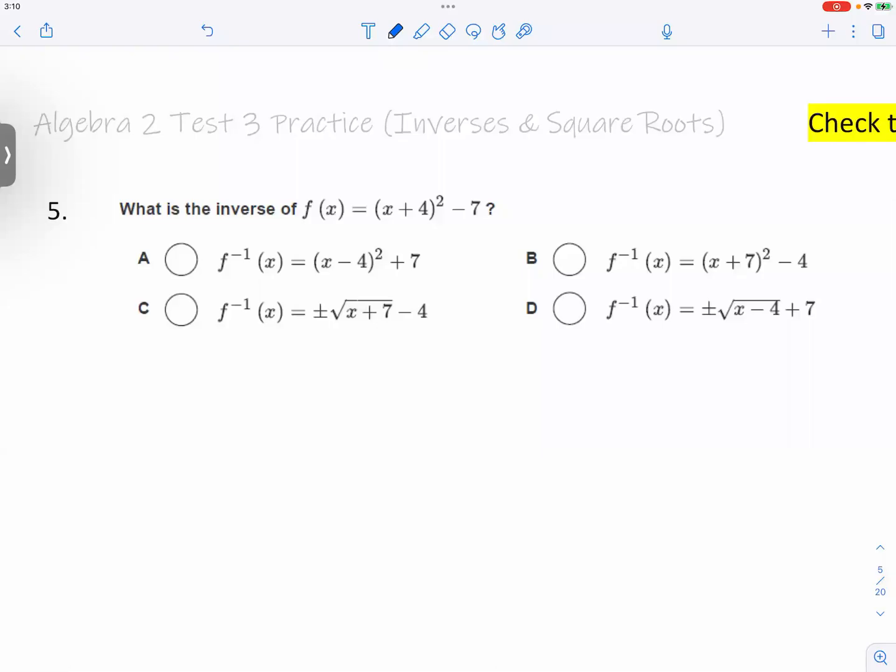Okay, for number 5, it is a very similar kind of problem, just like number 1, but for this one, you have something squared, so you have to take care of this a bit more carefully. But we do the same thing. We will go ahead and switch the x and the y. And then one by one, we will just take things apart so that we can get y by